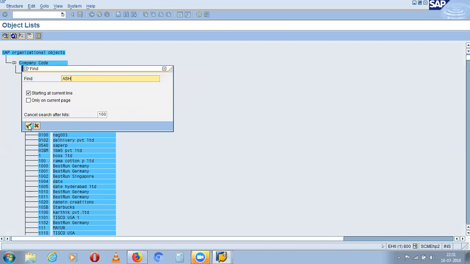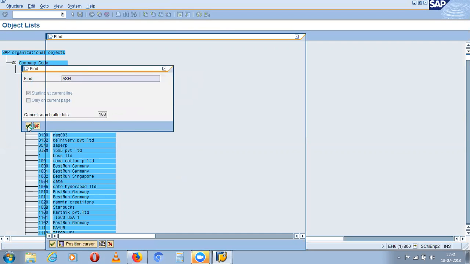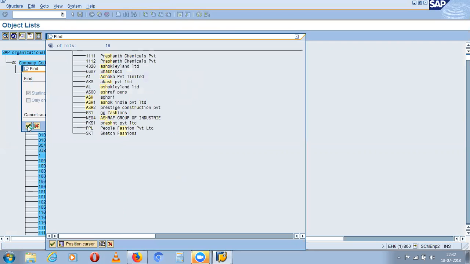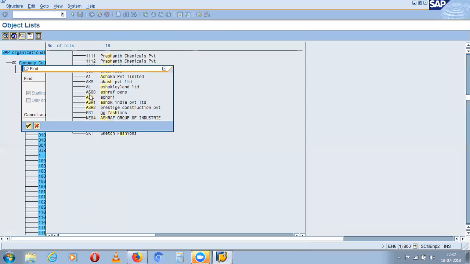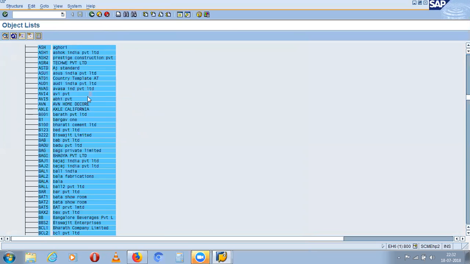So find it now. Okay, so you have ASH there. Double click on ASH. Place your mouse on ASH, select it, and double click there.